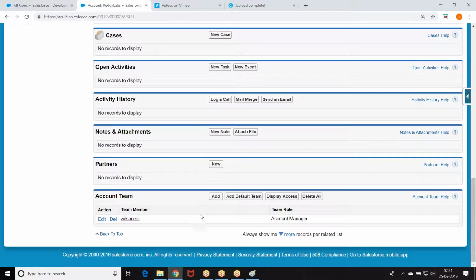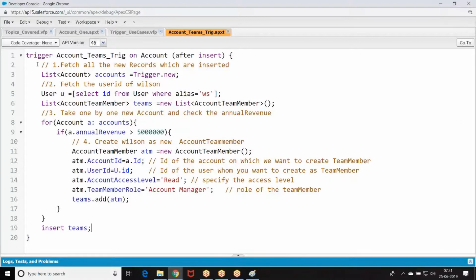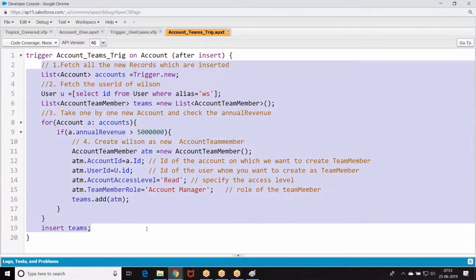Right. Basically, it's a combination of DML. As I told you, all these triggers, batch classes, and everything is only a concept. But at the end of the day, logic should be defined by using your list, set, map, SOQL, and DML. These are the 5 concepts which you are supposed to learn by heart and practice. Rest all is what? Syntax. Trigger, for me, is syntax, nothing more than that. But the rest is what? List, set, map. Okay.